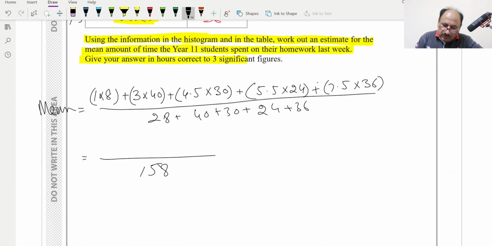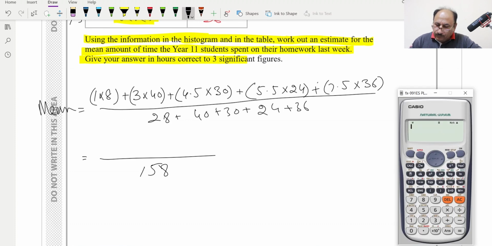And numerator we can solve in brackets: 1 multiply by 8 plus 3 multiply by 40 plus 4.5 multiply by 30 plus 5.5 multiply by 24 plus 7.5 multiply by 36, and this is equal to